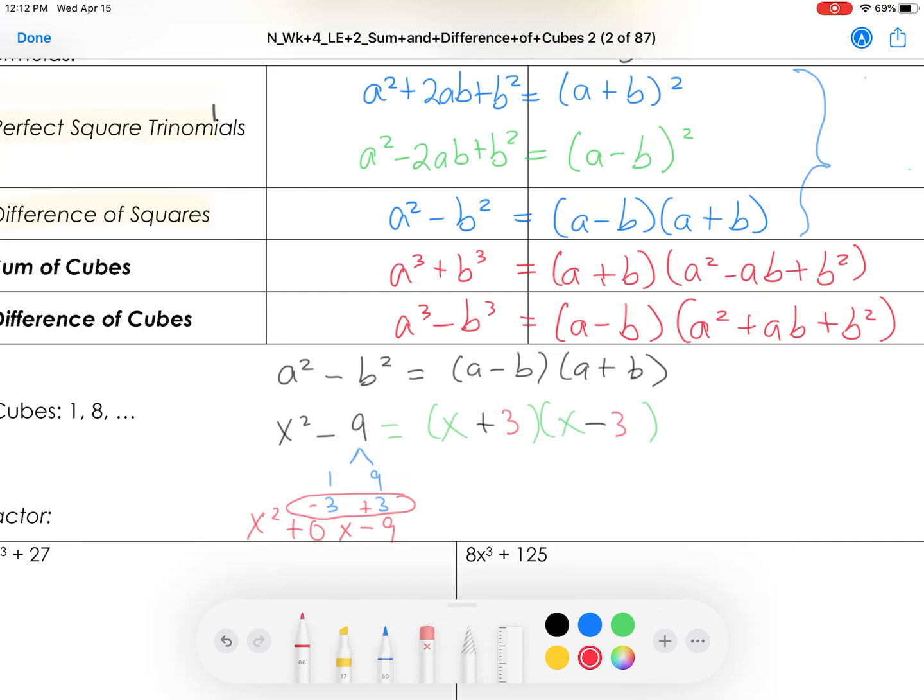Sometimes in the past, just to help your memory, we've done that with an x, where we put a times c in the top and we put b in the bottom, and we were looking for those numbers that multiply to negative 9 and add to 0. So if we were doing that same problem, but instead of doing the step-by-step factoring process, we were to simply use the formula, well, x squared